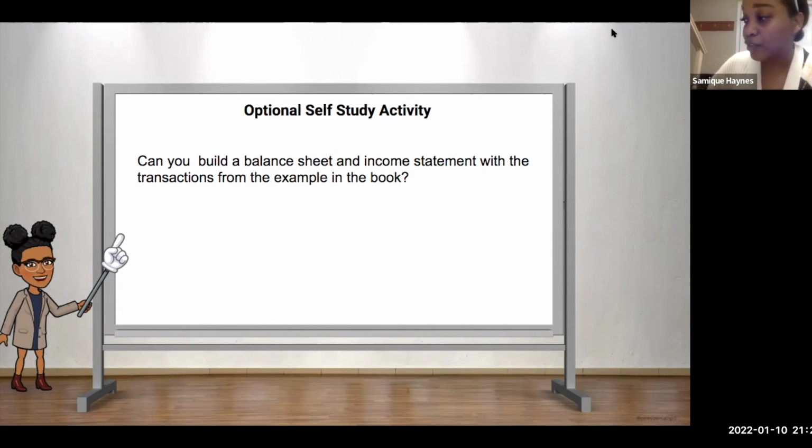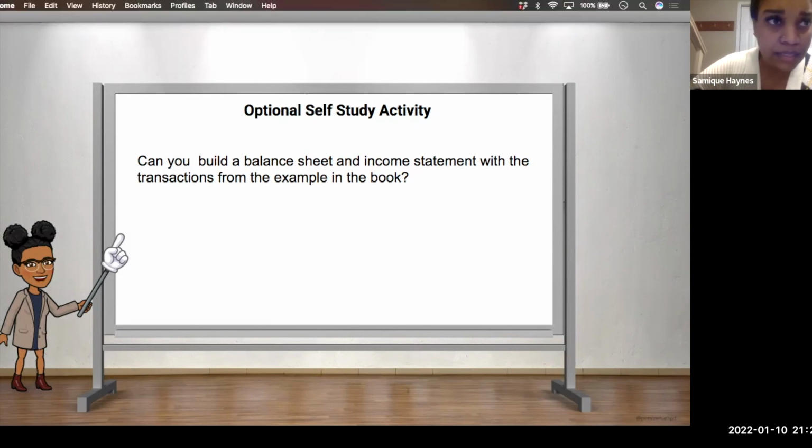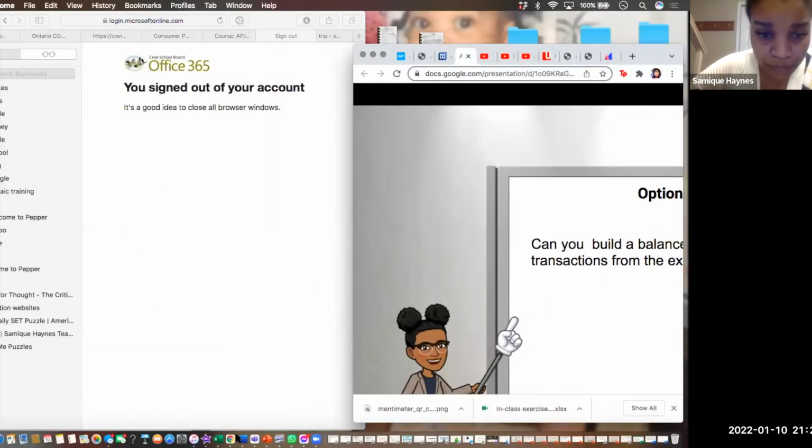What I'm going to do after this class, and I'll write it down, is I will post a template. Let me show you what the template looks like because I already have one. I just didn't put it on the e-class. I'm going to post this template for you here.